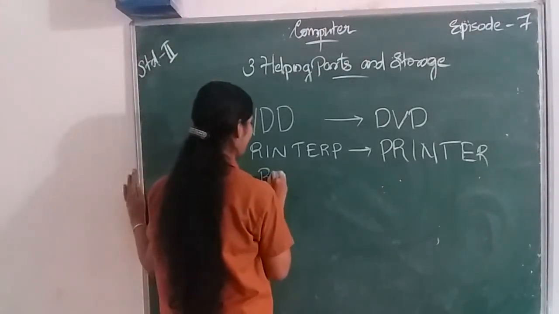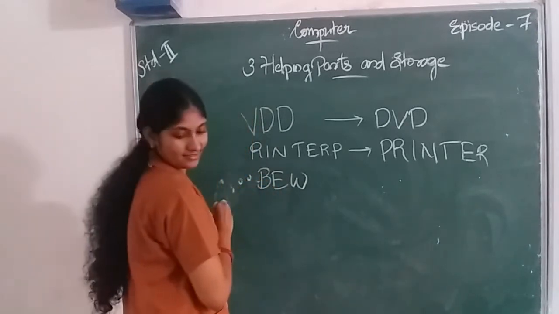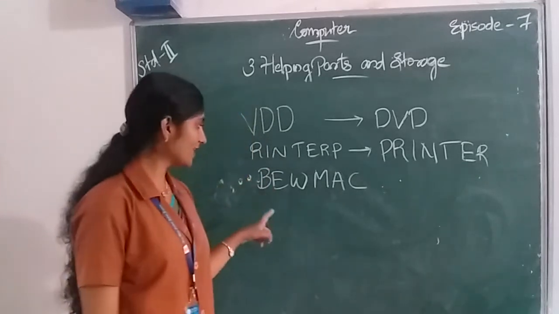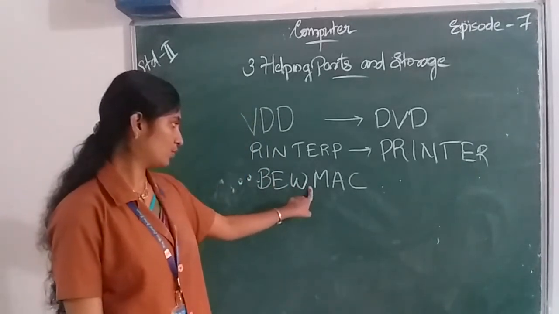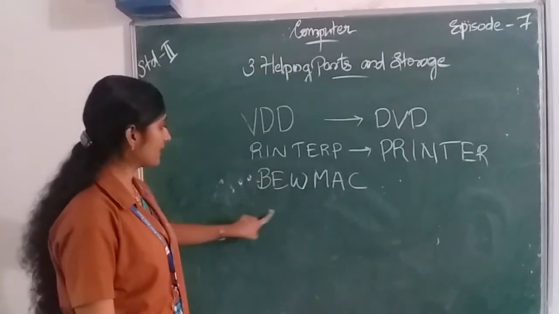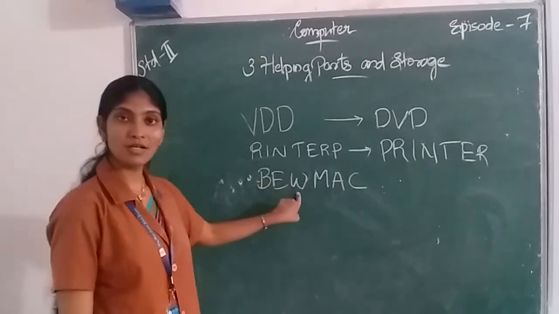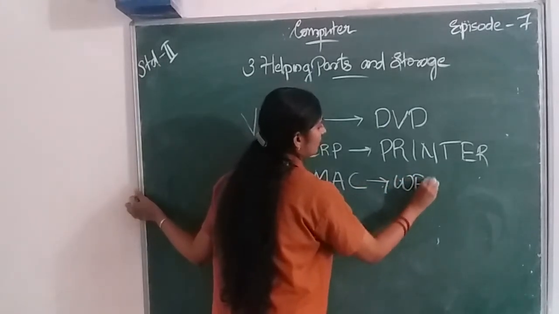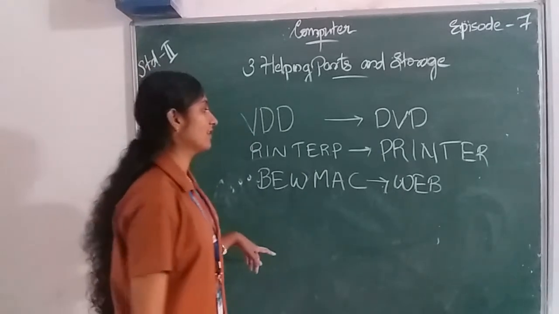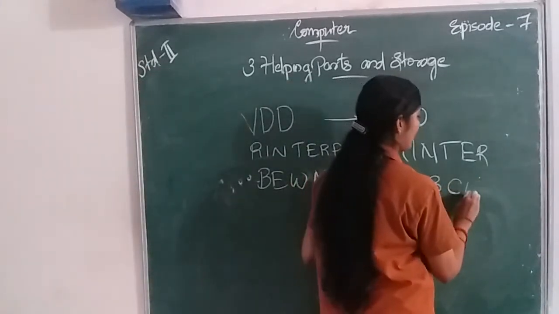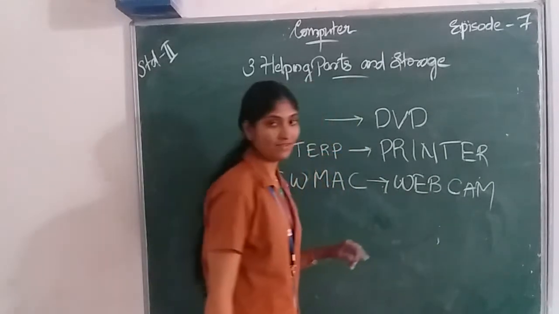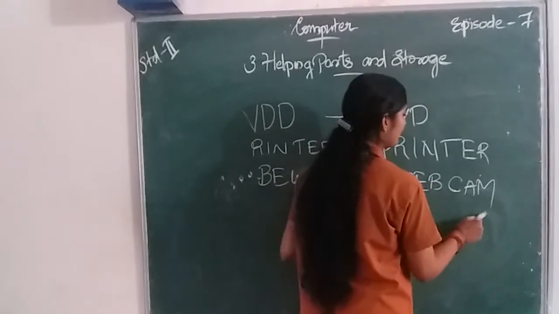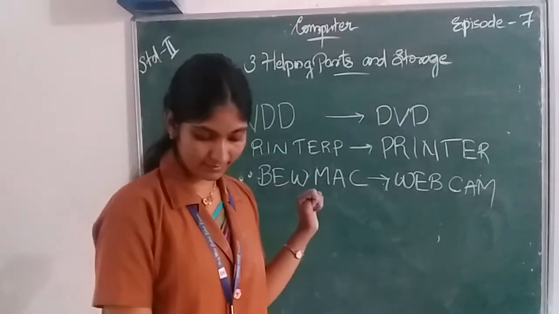Then third one, BEW MAC. So can we rearrange it? BEW. So how can we rearrange the incorrect word BEW? We can change it into WEB. Then next is CAM. So webcam. So the correct word is webcam. Okay. Then fourth one,